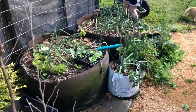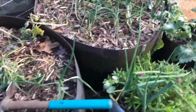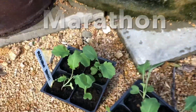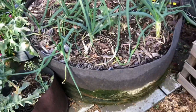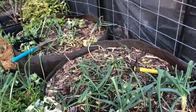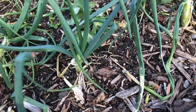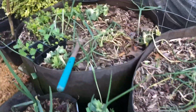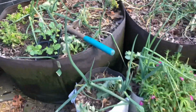We have 2 varieties, Green Magic right here, and Aiden has, what do you have? You have Marathon right here. So we have 8 plants of each, which is kind of the perfect amount for these 100-gallon root pouches. And what's in here, this is mostly onions. These are all onions. And over here, are these also onions? I guess I have a lot of onions planted in these